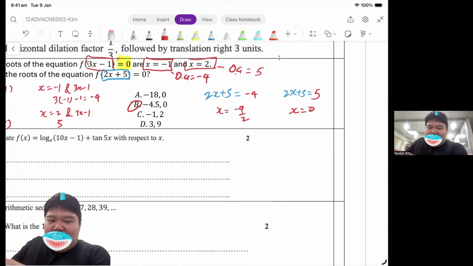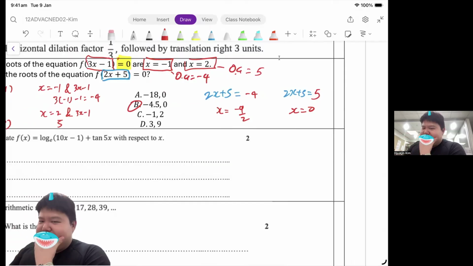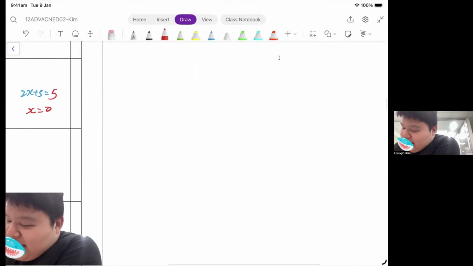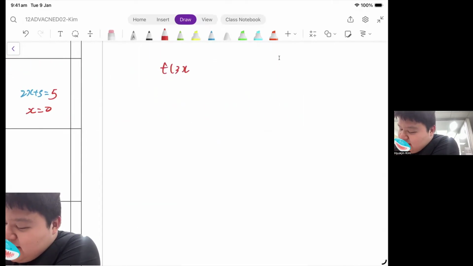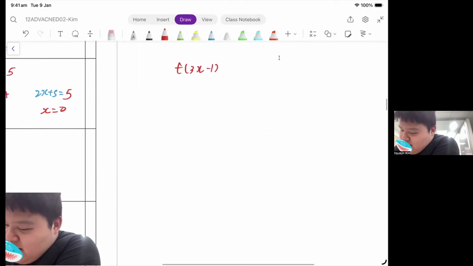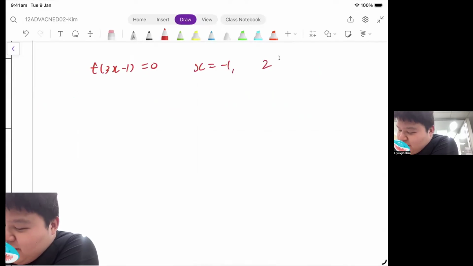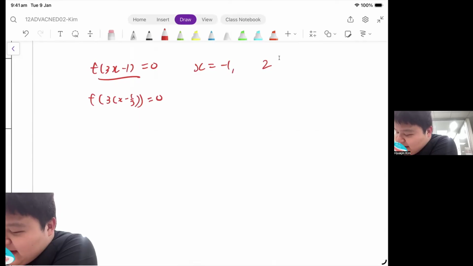This is an algebraic way that I'm showing you guys right now, but some of you guys could try the graphing way, with the transformation way. So if you guys had f of 3x minus 1, was it? Equals 0, and x equals negative 1 and 2. And notice this is the same as 3 bracket x minus 1/3. So this is the same as horizontal dilation by 1/3, then